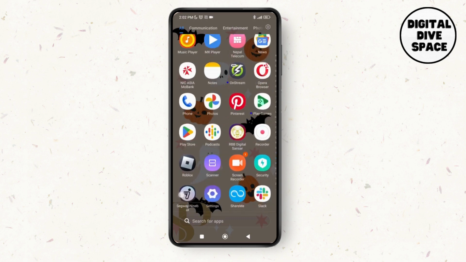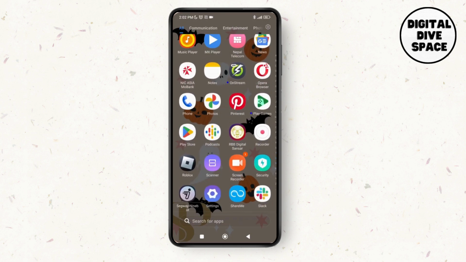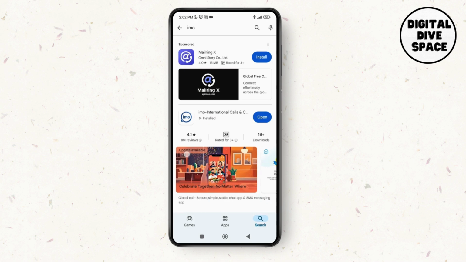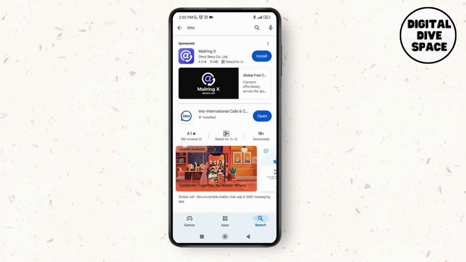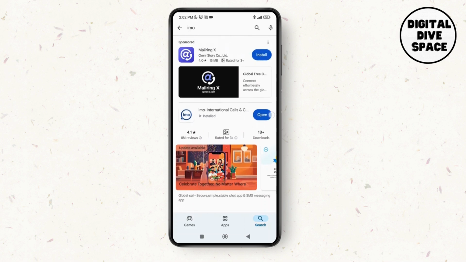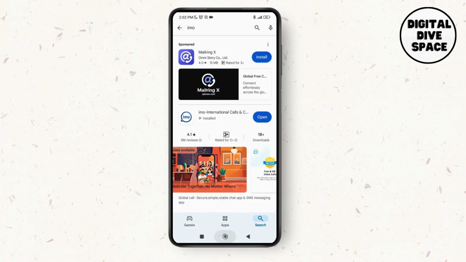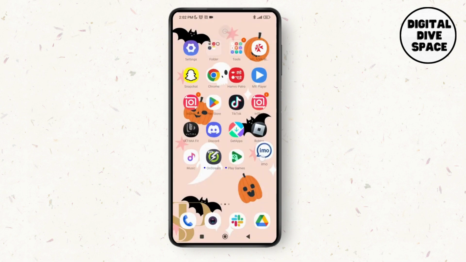So first of all, make sure that you have a stable Wi-Fi connection on your device, after which you can just launch the Play Store application and check for the latest updates on the IMO application. Make sure you have the updated version of the application on your device. So as you can see on the screen, there's no option of update, which means we have the latest version of the IMO application. So we're going to go back and then make a long press on the application and then